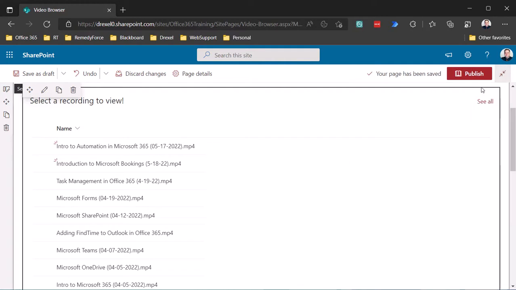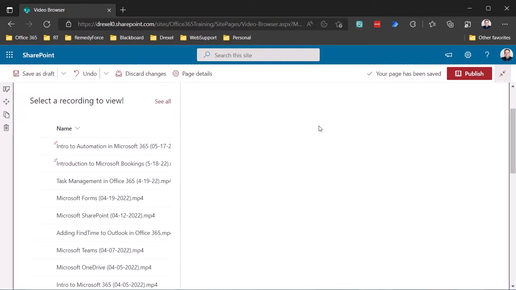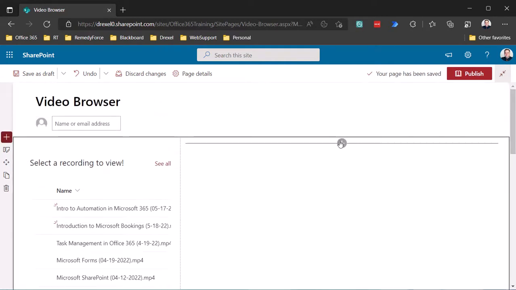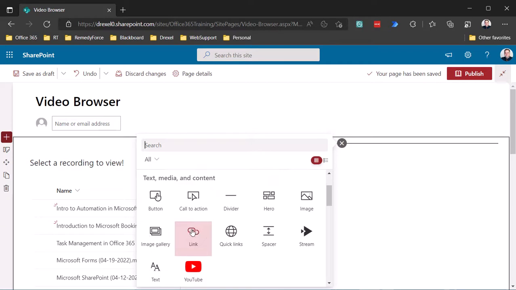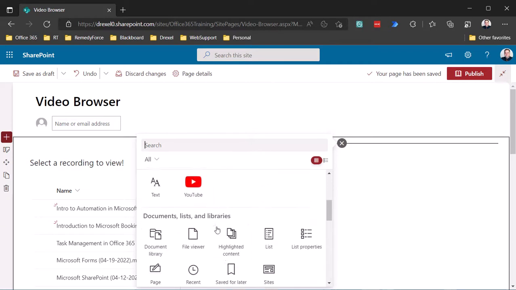And then I'll close this. And then on our right hand side here, in the two-thirds side of that section, I'm going to add a file viewer web part. And this is the part that catches a lot of people,